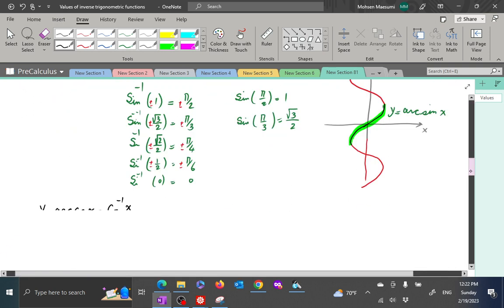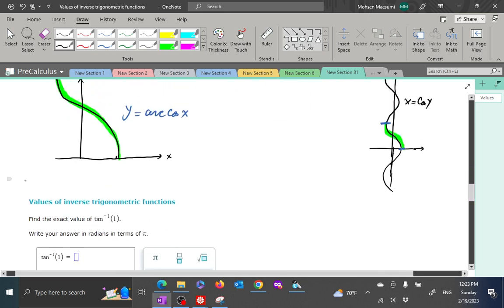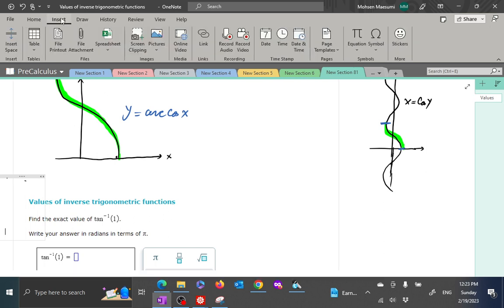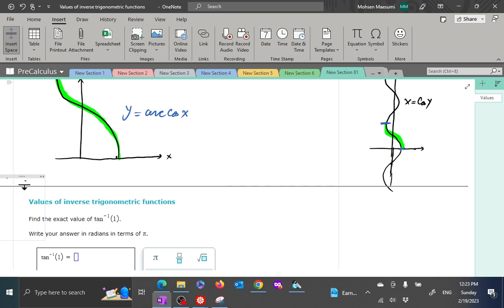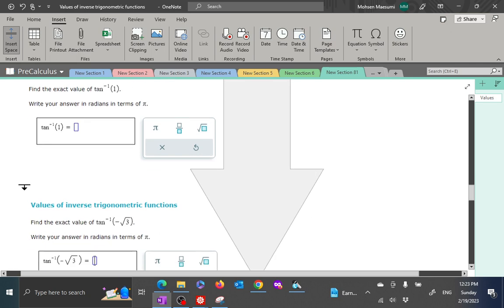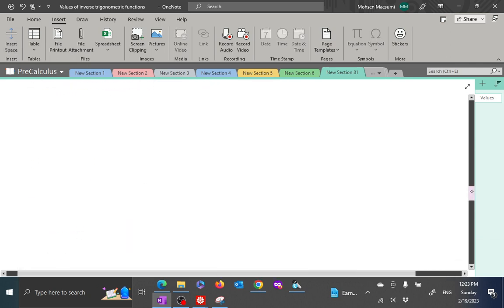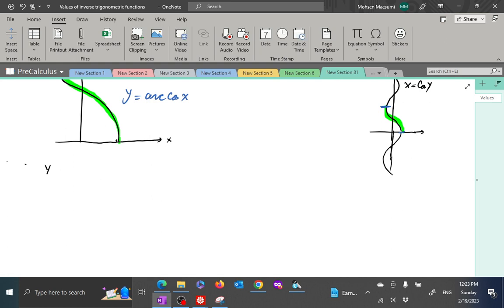So let's go ahead and do a quick discussion of y is equal to arctangent of x. So tangent, we didn't deal with it as much as we did with sine and cosine, so